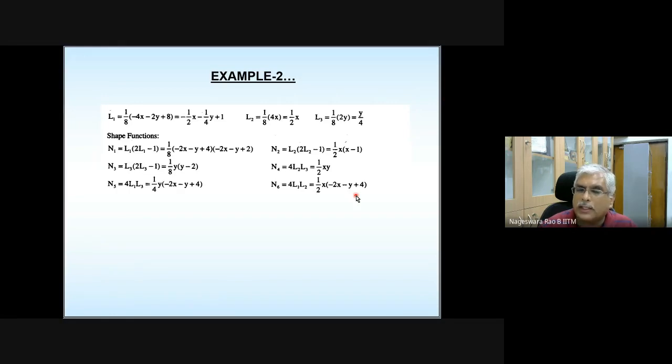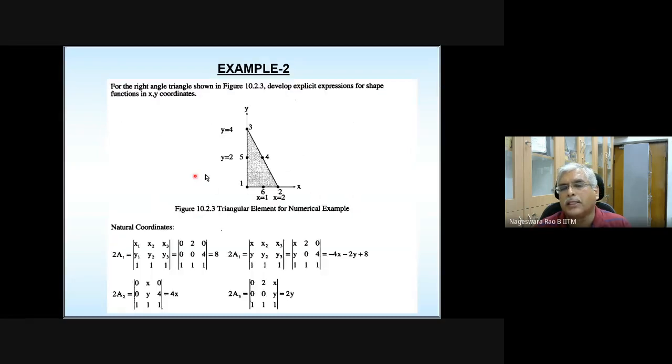And please note that irrespective of whatever triangular element we have, we are going to map onto a parent triangular element. Okay? And so we need to derive the shape function expressions for that parent triangular element. If the actual element is a 6-node triangular element, we are going to map it onto a parent triangular element which is also having 6 nodes,